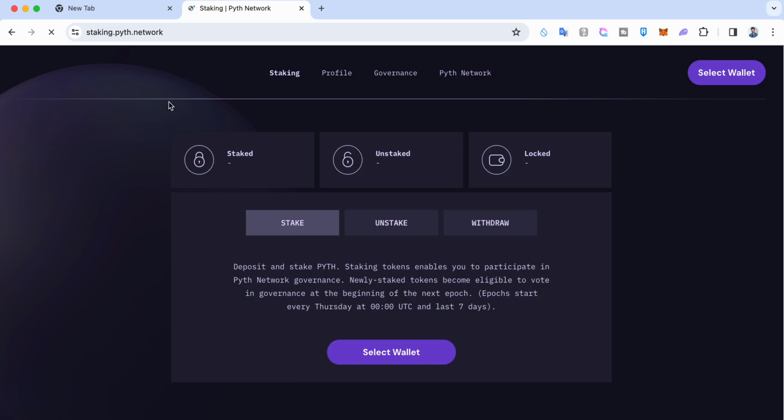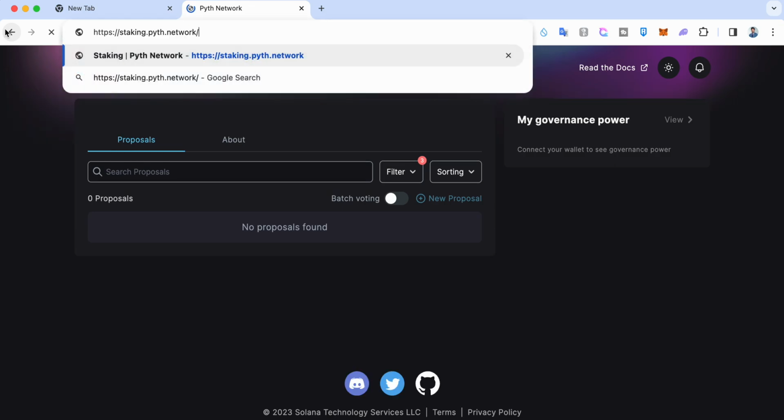Hey guys, so today I'm going to show you how to stake Pyth on Pyth network and then how to participate in governance. In the governance there are different projects and then you need to vote on all those projects. So first of all, let's go back to the